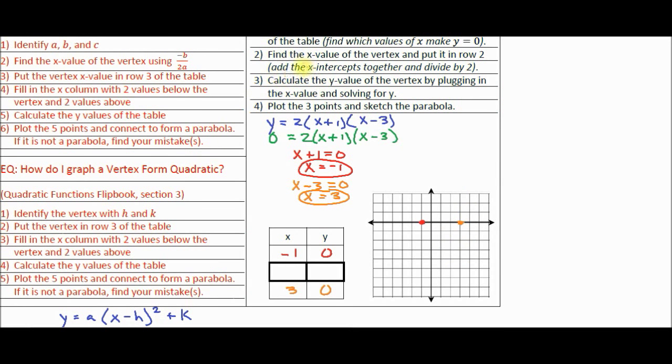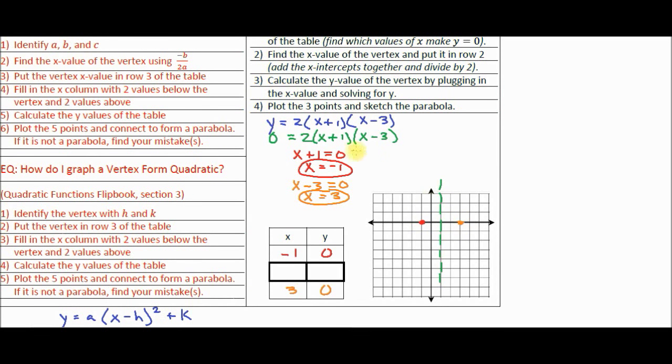Step 2 says, find the x value of the vertex and put it in row 2. And the way we do that is add the x-intercepts together and divide by 2. Now class, take a look at this. You know that the axis of symmetry has to be exactly between these 2 points. It's always exactly between any 2 points that are horizontal. So I can tell you right now, I know the axis of symmetry is right here. And if that's the case, I know that the x value of the vertex has to be on that line. So I know the x value of the vertex has to be 1 because the vertex has to be between